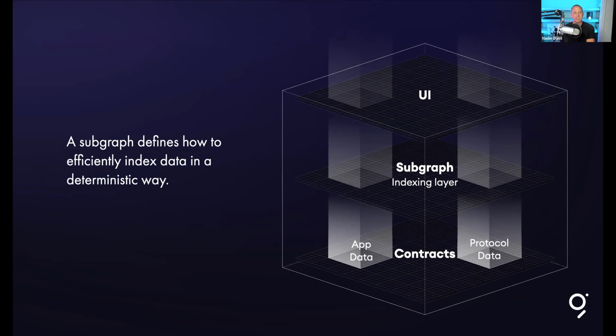So in a similar sense, these APIs called subgraphs sit in between the smart contract and the user interface and allow developers to query and have different types of data fetching that you might need for your typical application. So you have these different types of queries that you might hit your app with, and you need different types of selection sets from your database. So you might need full text search, or you might need relational data. You might need filtering, sorting, all of that type of stuff. So subgraphs enable that.